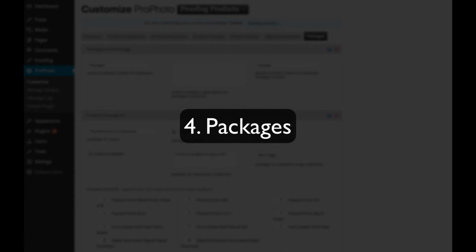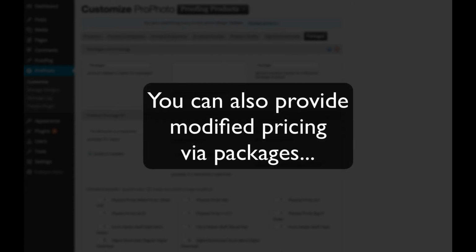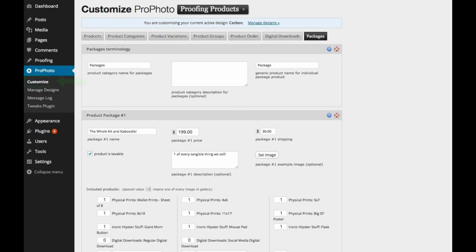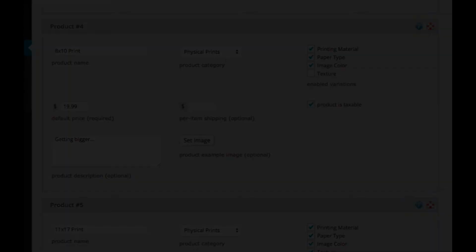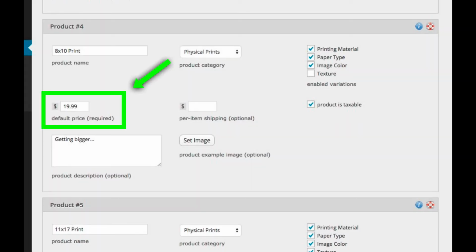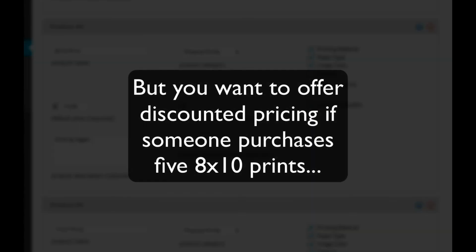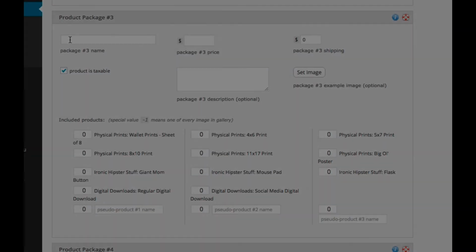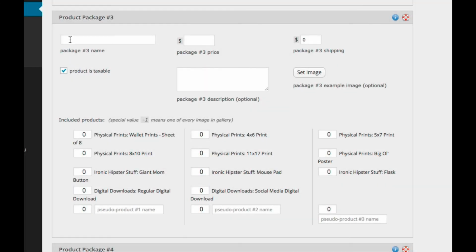Number 4, packages. Another option for providing modified pricing to customers is by way of packages, found under ProPhoto, Customize, Proofing Products, Packages. Let's say you normally charge $20 for an 8x10 print. However, you want to lower the price of a print if a customer were to purchase 5 8x10 prints at once. To do this, you could create a new package titled 5 8x10 prints or something like that, and then